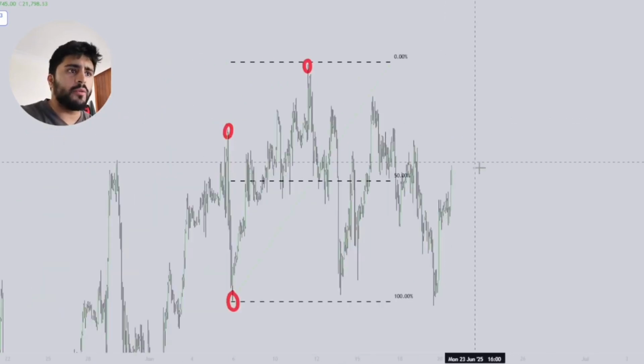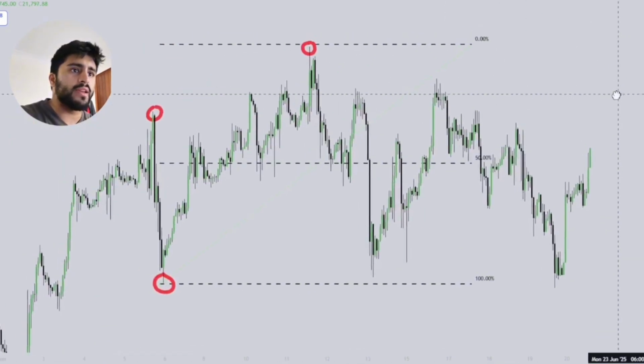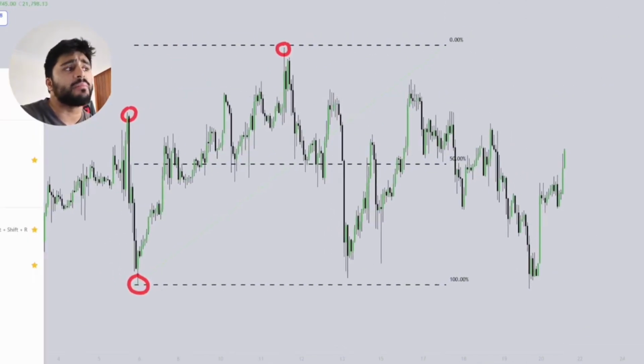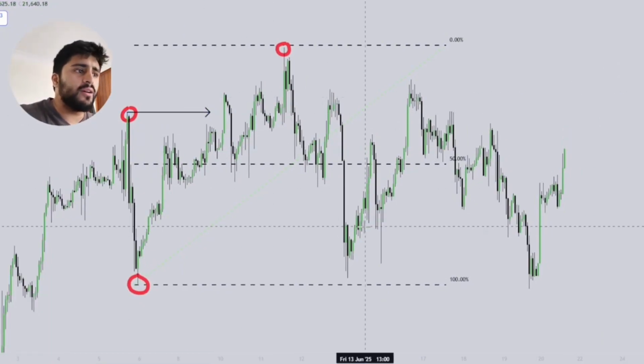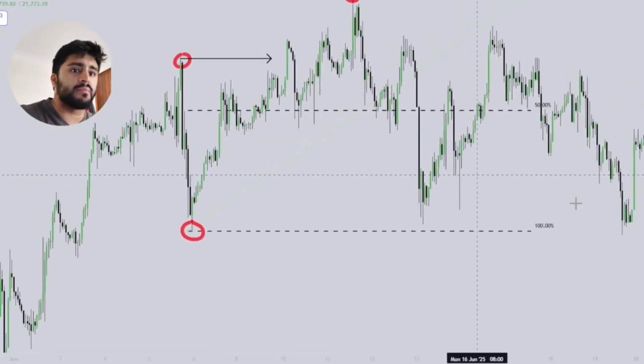Okay. So if we go back here to NASDAQ on the 1 hour time frame, what we can see over here is a very clear break of the market structure. And so this break here is bullish, of course. And now we are basically looking at fair value gaps, right? So